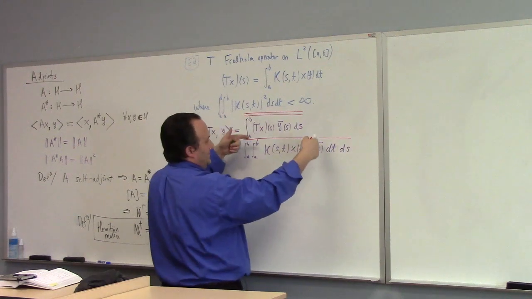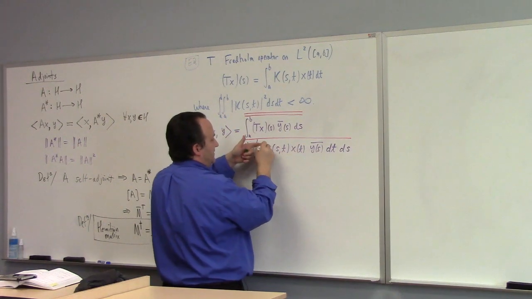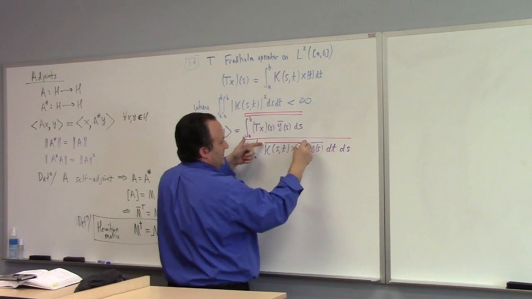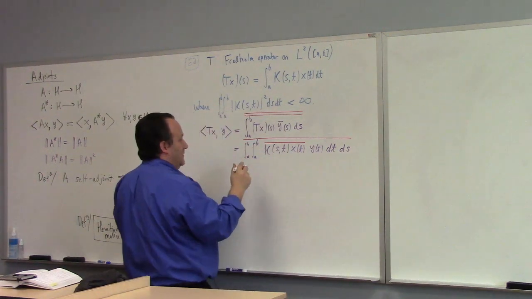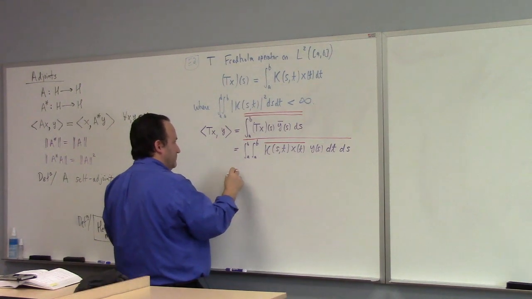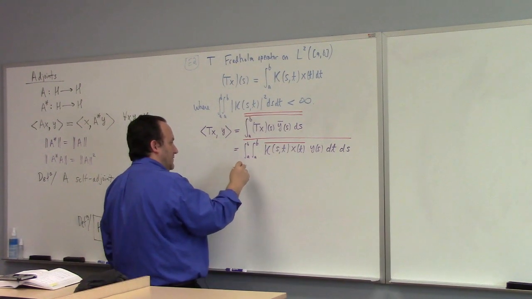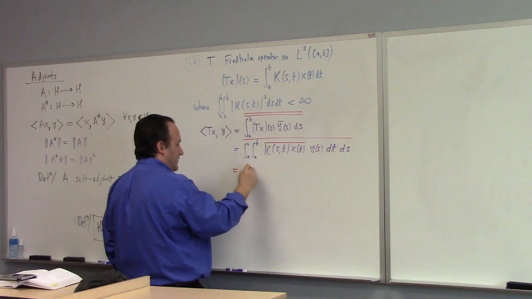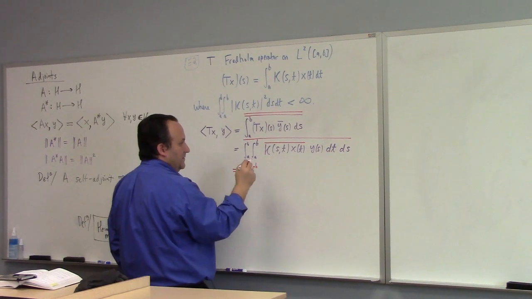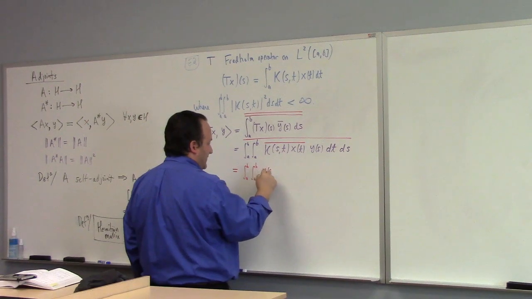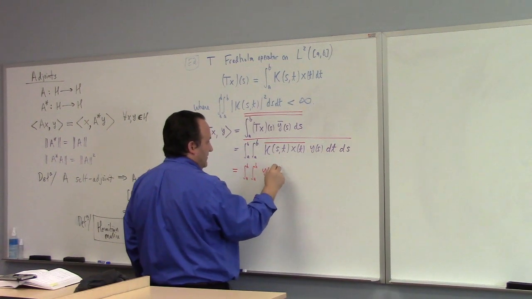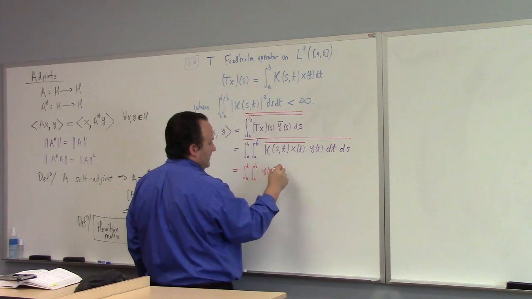What that does is it applies a conjugation to this piece here, and it double conjugates that, which erases it. And then you have the integral from a to b, integral from a to b of y of s, t of